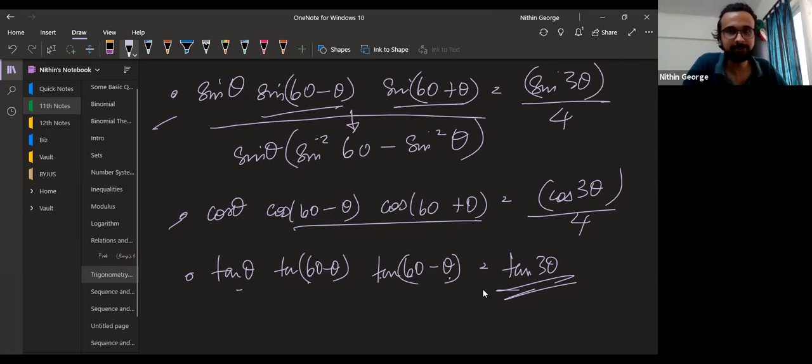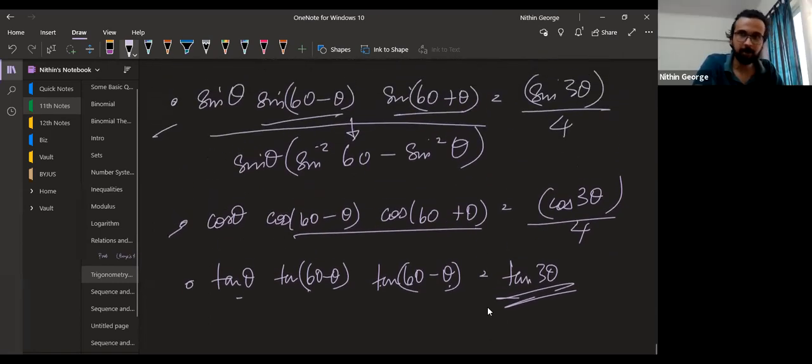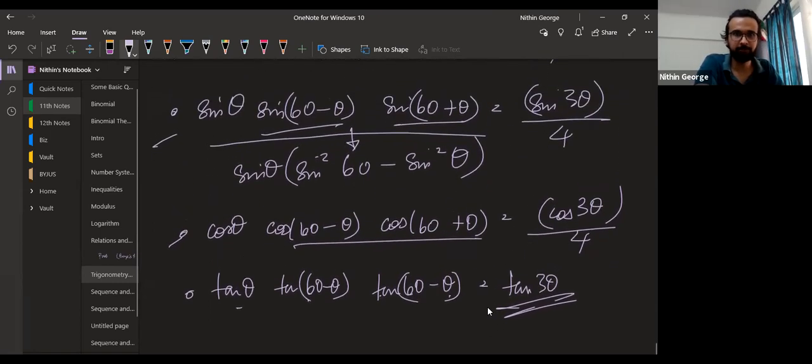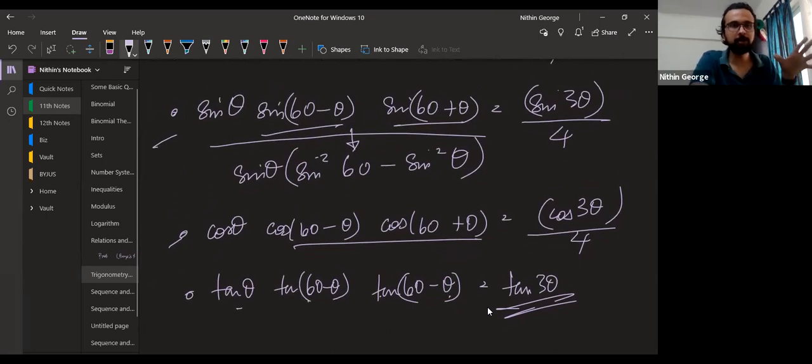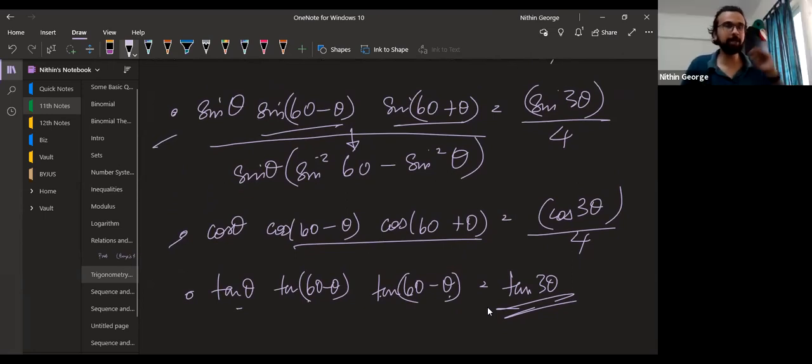Okay, guys, got this? Yes, sir. No doubt. I hope you guys noted this down. Was this familiar to you or not? No, sir. Please note this down properly. I'm speeding along, thinking that okay, it's trigonometry, you did this in 11th. I'm just repeating things in front of you. So please note this down neatly. These are new and important formulas.